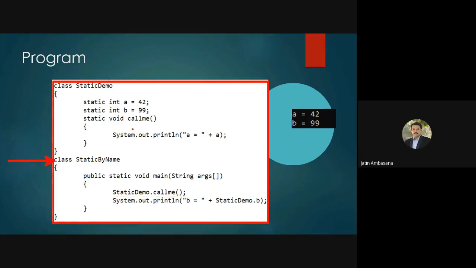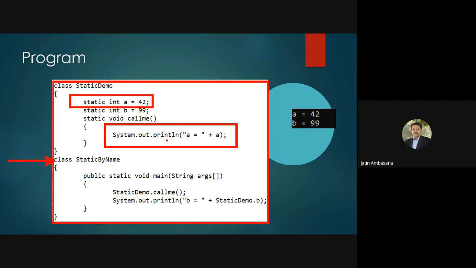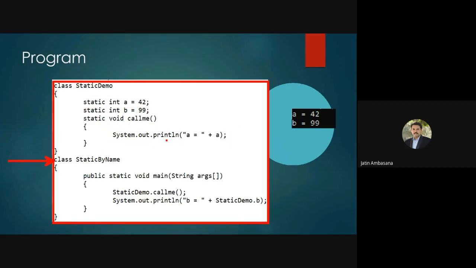And what does it do? It accesses the static variable A, or the class variable A, right? And then we say System.out.println b is equal to StaticDemo.b. So from here we also access the static variable b.